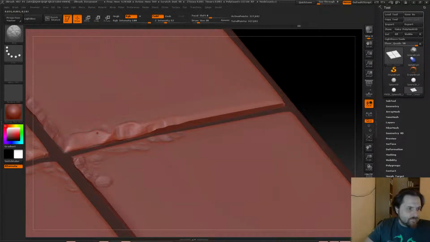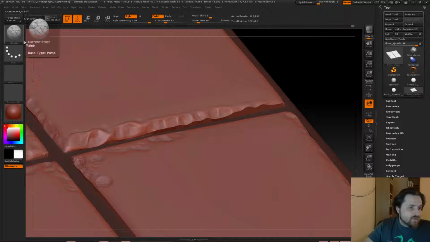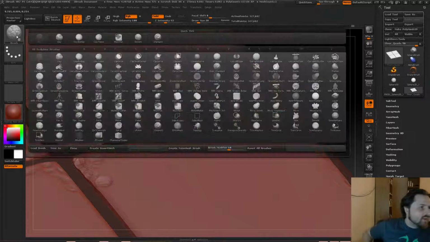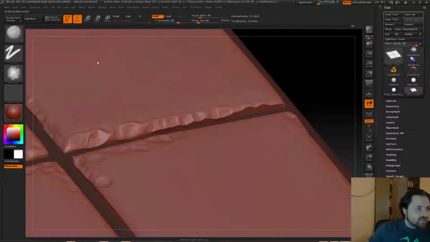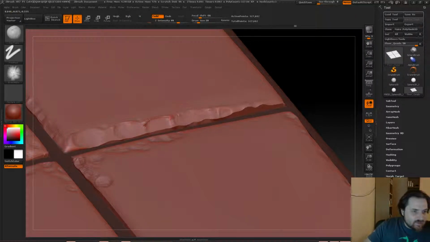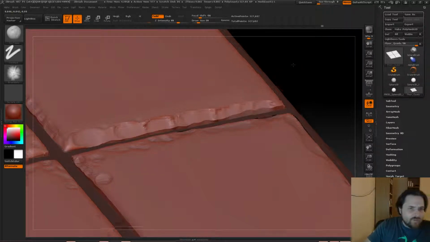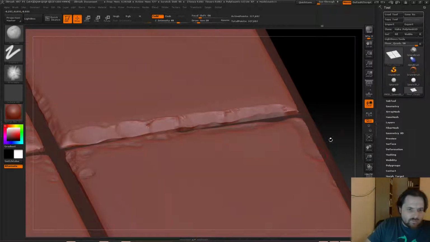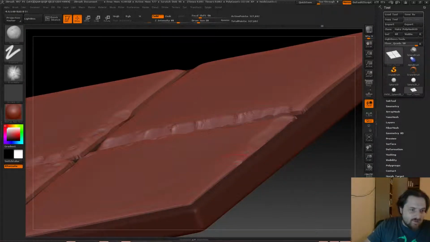Oh, I accidentally switched to the blob brush. That's not correct at all. Okay, so that was part of why that was looking so wrong there. So with clay tubes and this alpha brush, I'm going to go through